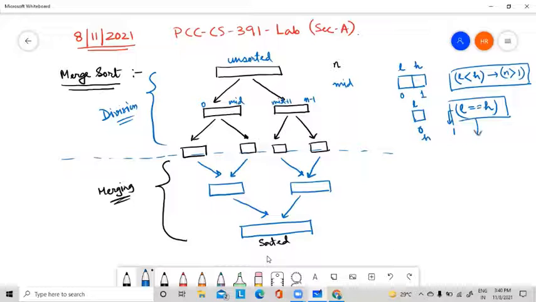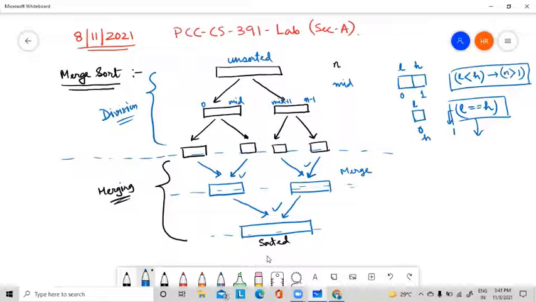After this, when L equals H, the lowest index value is equal to the highest index value, you have to perform the merging. So these are the merge operations. One merge, another merge, then another merge, and you can say this is level wise. First, this one is the first level, then this is the second level. So level wise, you have to perform the merging. So this is the merge sort technique.